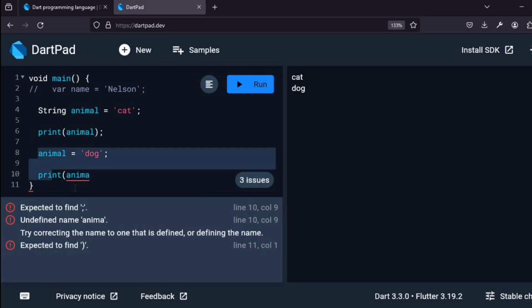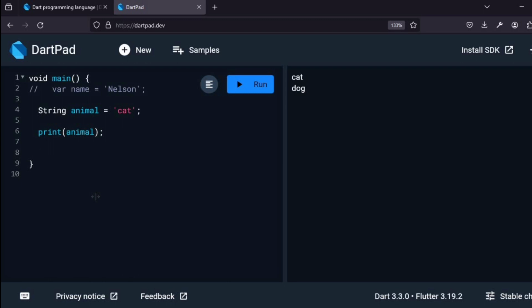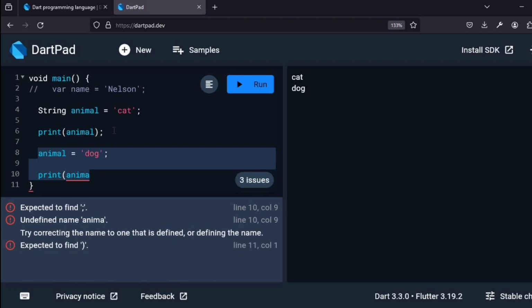Let me get rid of this as a whole. What I want you guys to take note of here is that you could override variables of the same type. Let me just Control Z this. So what I mean here, overriding variables of the same type,